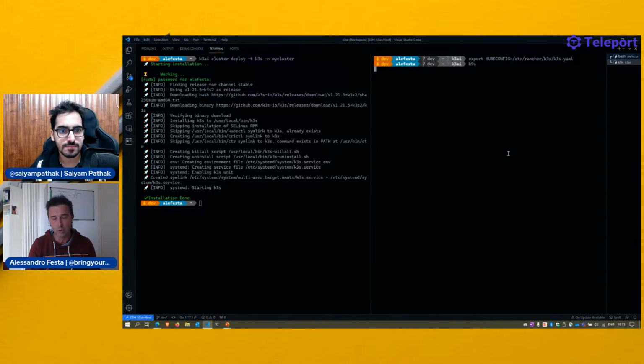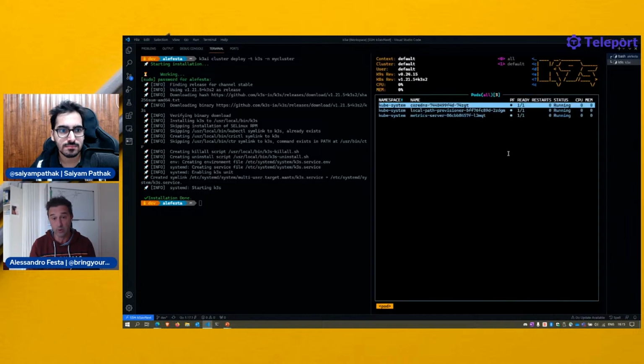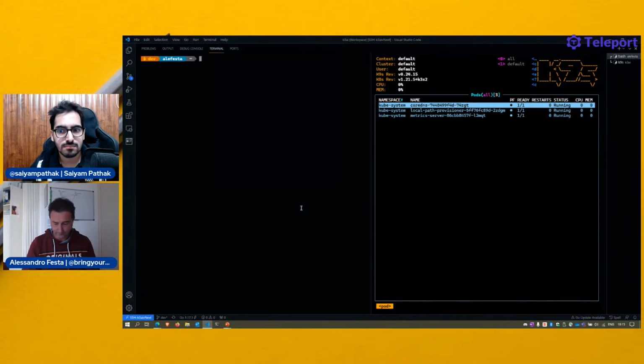Just to open up a tool to show you that the cluster is up and running and what is happening on the cluster. Now, you see on the right, I did the kubeconfig exposure, but on this side, I did nothing. So there's no kubeconfig there. There's no kubectl, there's no Helm chart, there's nothing there. So, okay, we say, well, just deploy cluster. As you see, the context name is default. This is because of K3s. But I can even do something like install another cluster. Now, because of performance reasons, I'm not going to do that.